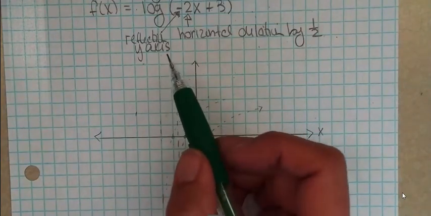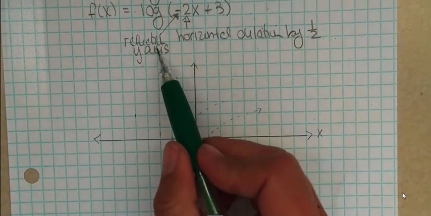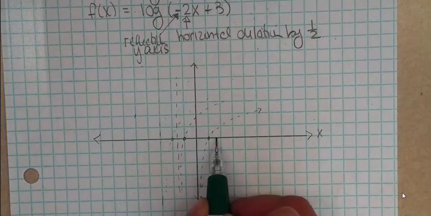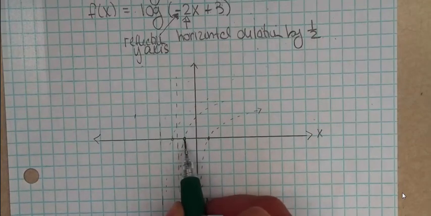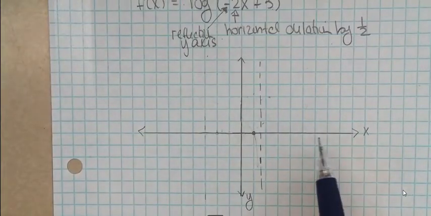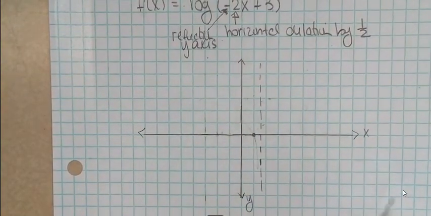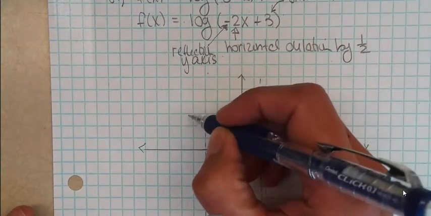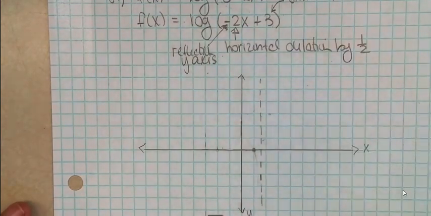But then I've got this reflection. I need to reflect everything in the y-axis. So that means that my asymptote gets reflected over to +1.5, and this point gets reflected over to +1. So I've moved everything. Now the next thing we can do to get more points, to make it more accurate, because I have a pretty good idea it's going to look something like this, but to be more accurate,